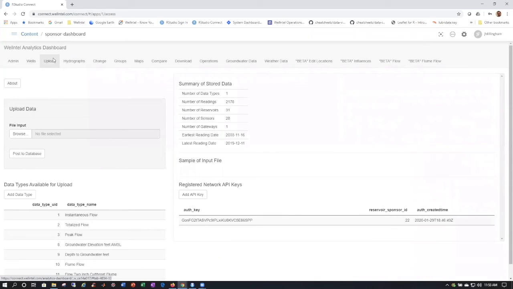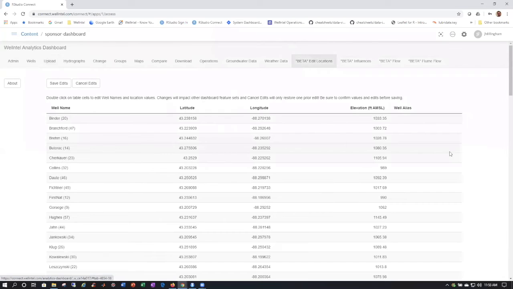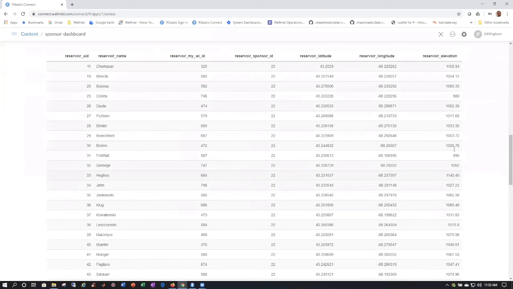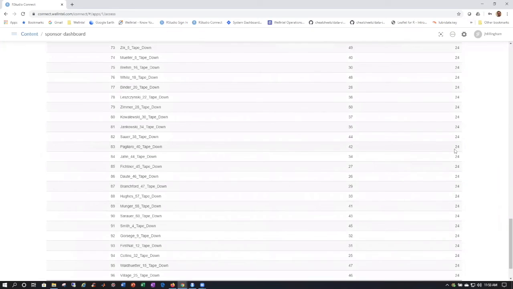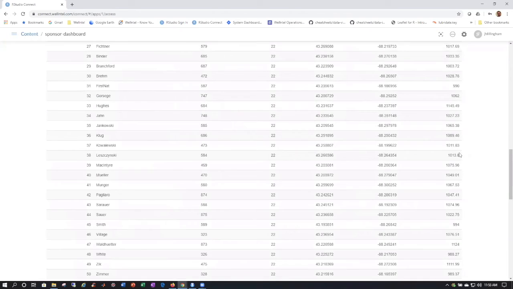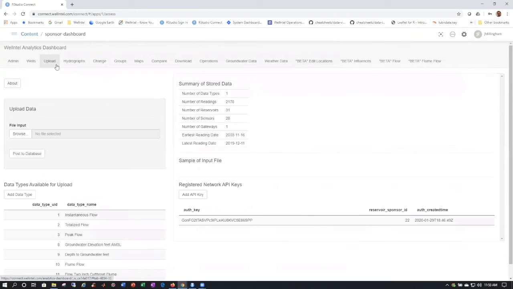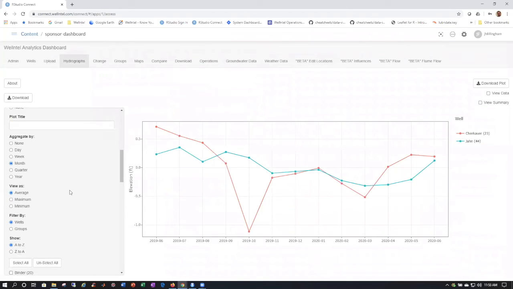And so what they've done is enabled, or we've enabled them, to actually post data to our database using a simple upload function. In that way, they're able to utilize a giant list of locations and new sensors and things of this nature with appropriate IDs to directly upload and persistently store that data with Wellntel,